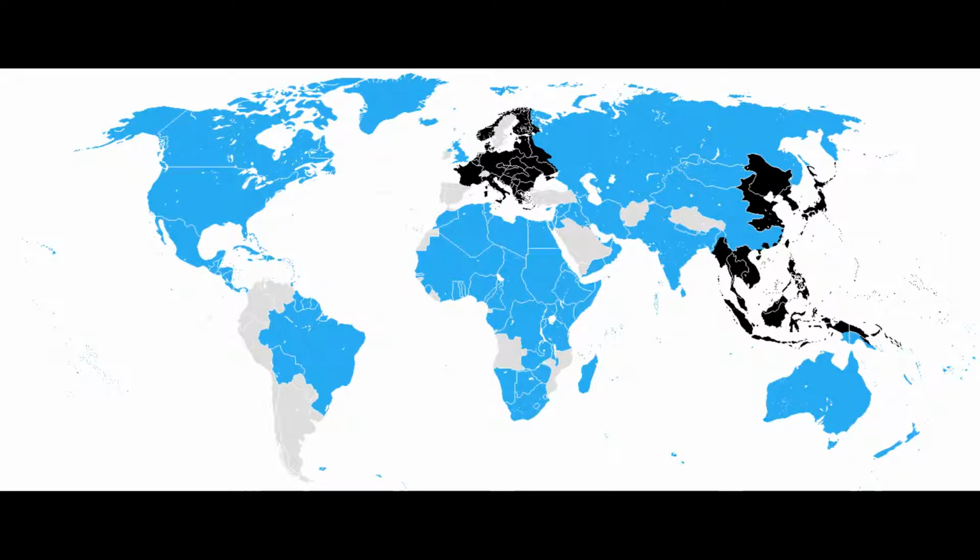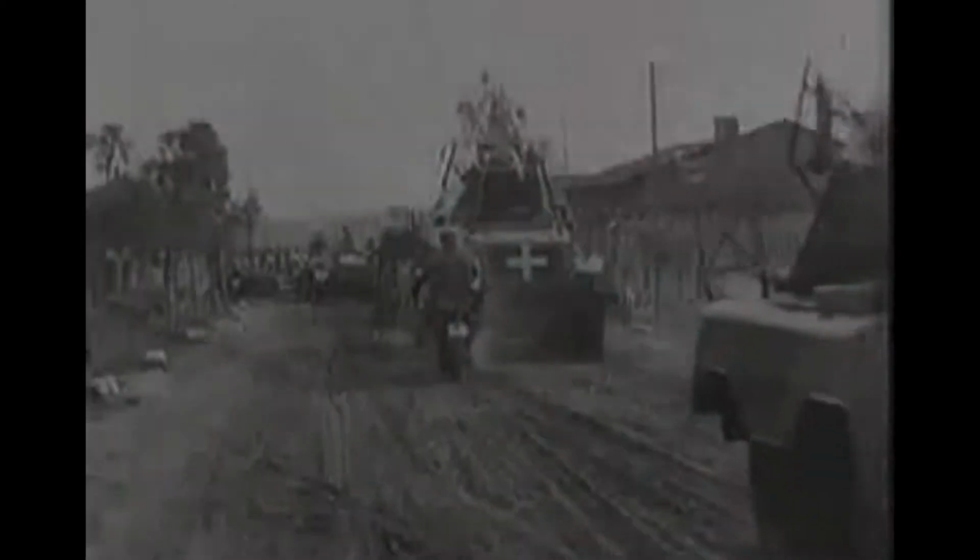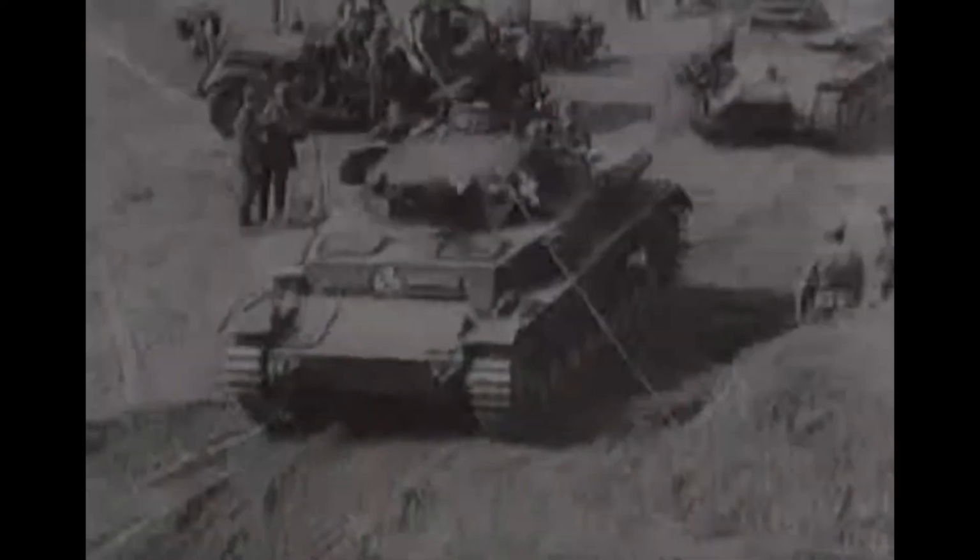The Axis powers were formed before the start of the war. This axis of Italy, Germany, and Japan combined the powers of the 3 fascist nations of the world. On September 1st, 1939, Germany invaded Poland using blitzkrieg tactics. This called for the speed and power of tanks to defeat the enemy swiftly.